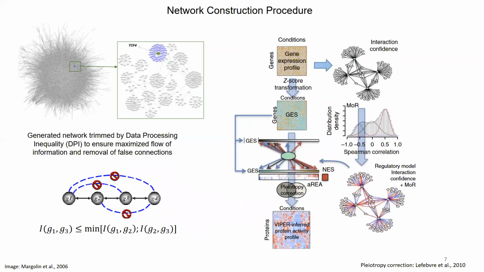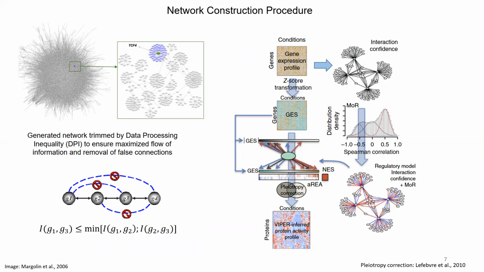Now, upon creating the network, in order to maximize the likelihood of keeping true positive edges, we employed the data processing inequality, or DPI, which is a well-known term in information theory, to trim the initially generated network. Next, we used the trained network and also the case control gene expression data